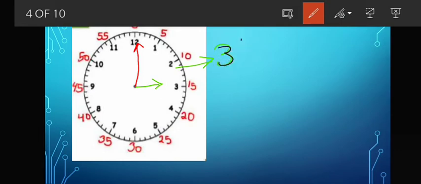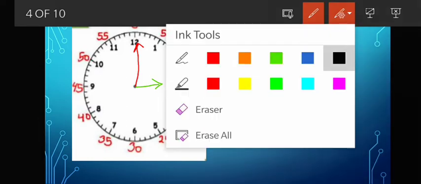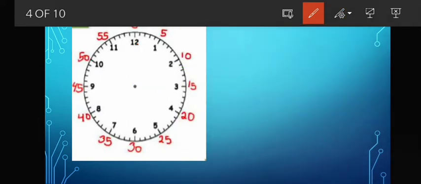But now let us try another one. Same hour hand, at 3 o'clock, but